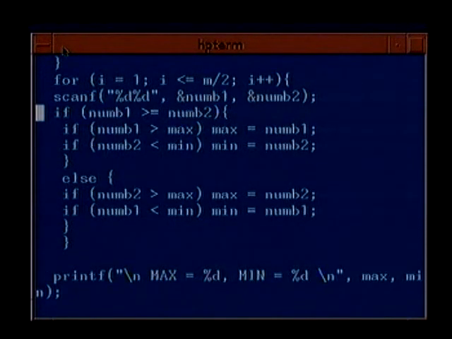If num1 is greater than or equal to num2, then you compare num1 with max and num2 with min. Else you compare num2 with max and num1 with min, and you get rid of the swap statement as well. And finally, after doing all your analysis, this is where you can end up with a program which is not only correct and efficient, but looks reasonably nice also.